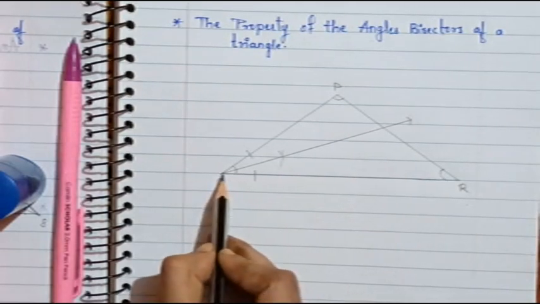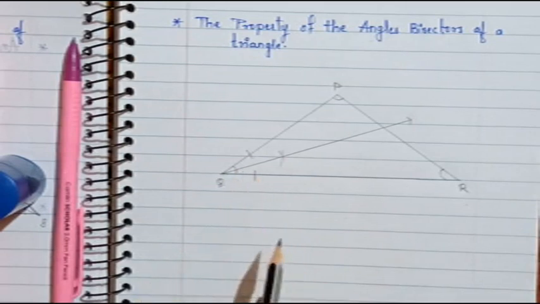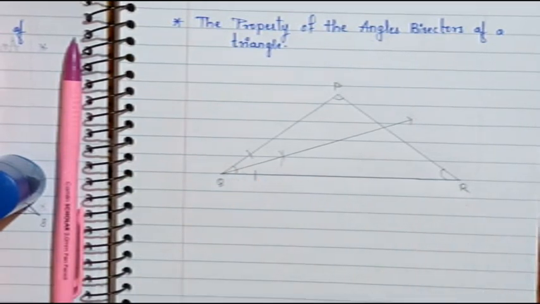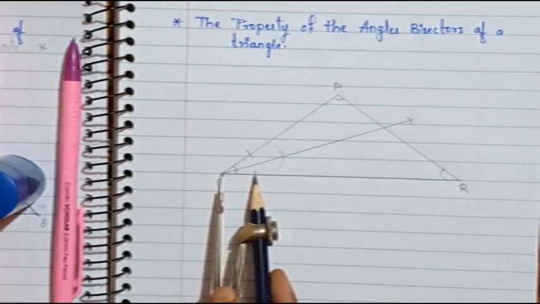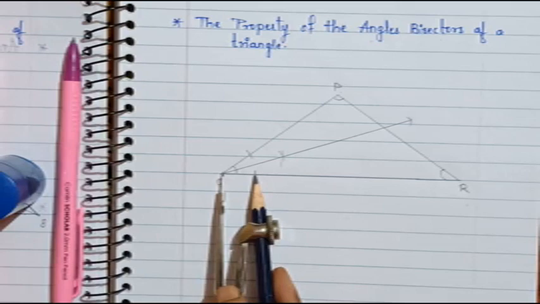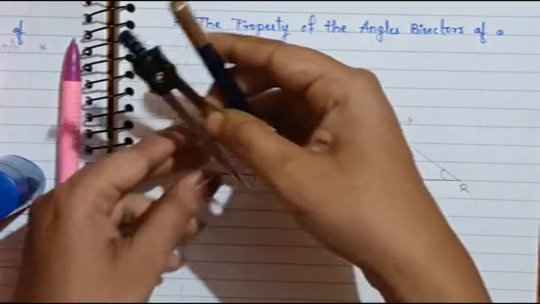Now this angle has been bisected into two parts. This is one part and this is the other part. So now we will bisect this angle. Okay, so for that again you will use the rounder and you will keep the same distance. आपको distance यहाँ पे change नहीं करना है, आपको यही distance रखना है. See, I'll check the distance again.